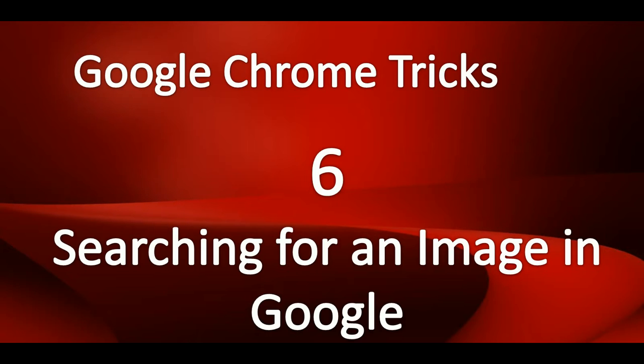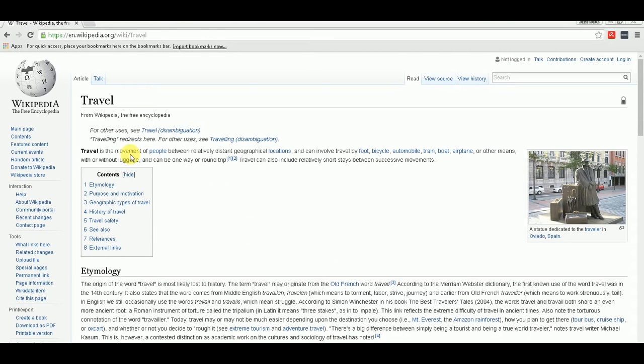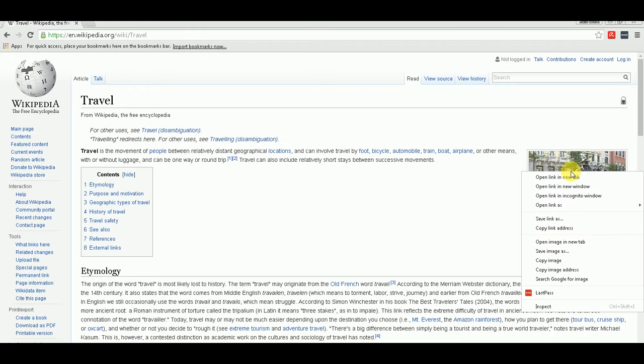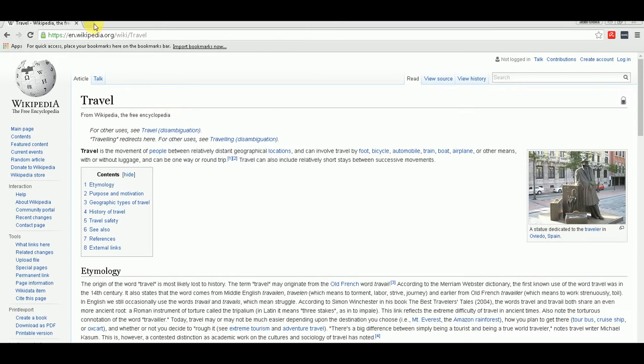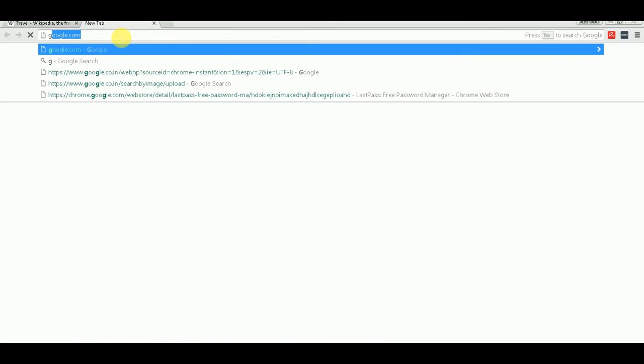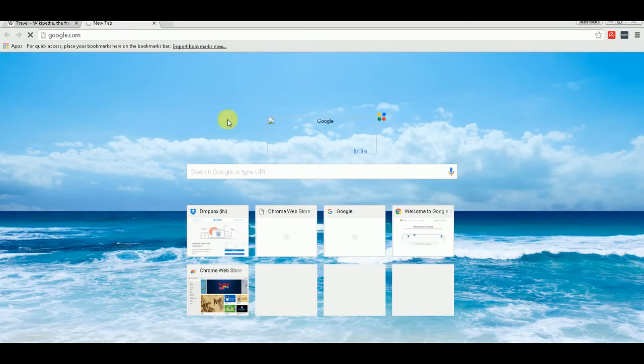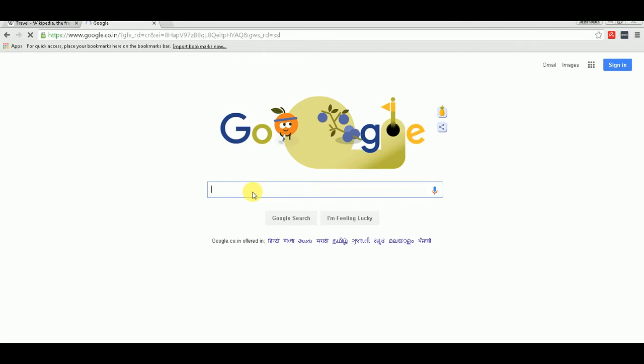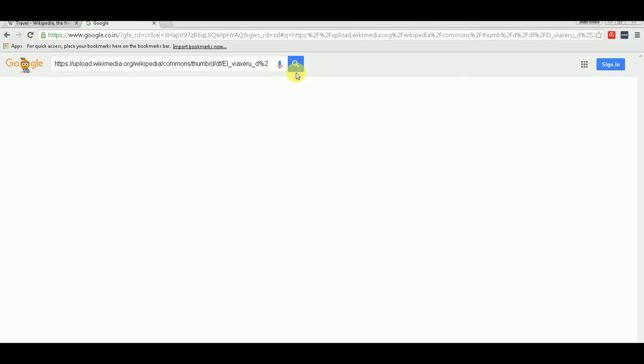Suppose I am in Wikipedia and I want to find this image. If such an image is available in Google and I want to find related images of this image, traditionally what you used to do is you just click this and copy the image URL, where it is the image address, and then go to Google and insert that image link and then search.